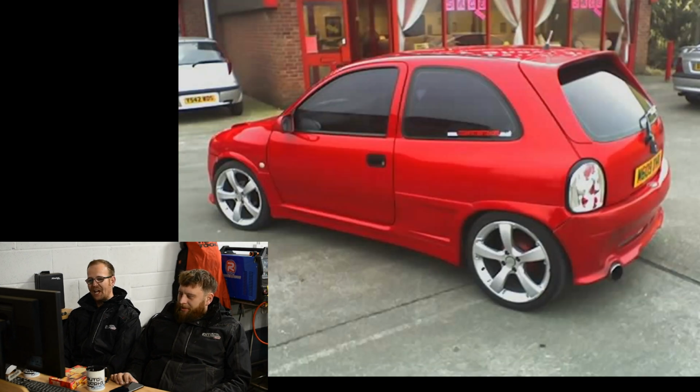So they threw me the keys and told me to go quietly shut him up. So I legally street raced against the Saxo on a private road, sorry, not street. Private roads, yes. We set off at the same time. I beat him to the destination we were going to. End of the private road. Yeah, end of the private road. And on the way back I let him go first, and I still managed to overtake him and beat him back. So when he had been rightfully shamed,